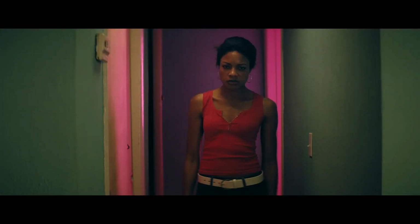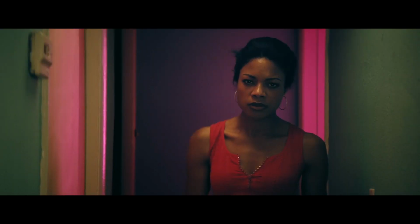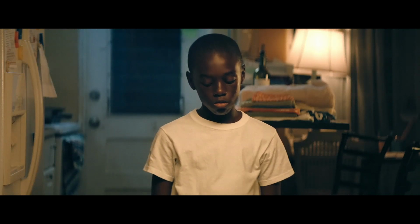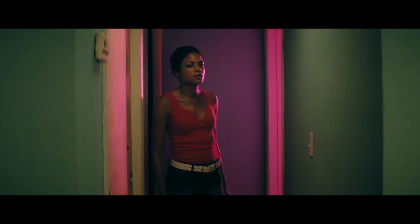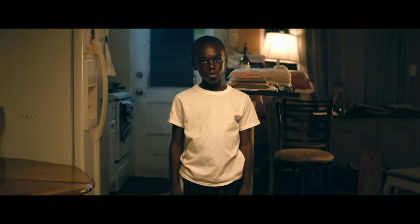The reason why I mention it is because this color pink, I know it's been discussed a lot, and people seem to think the choice is sort of stylistic and maybe a little strange. It's a choice that came about really quickly. This color pink was not discussed in pre-production. It was not discussed on the day. Literally, I remember distinctly setting this shot up, and Barry, the director, and myself standing behind the camera, and